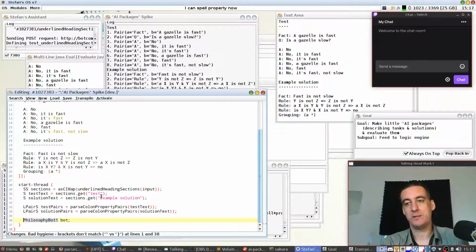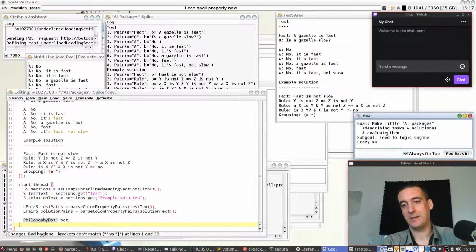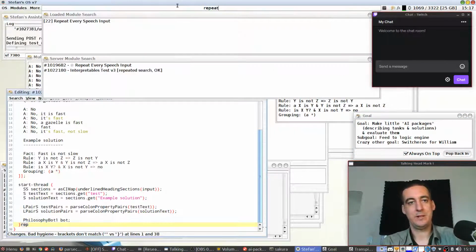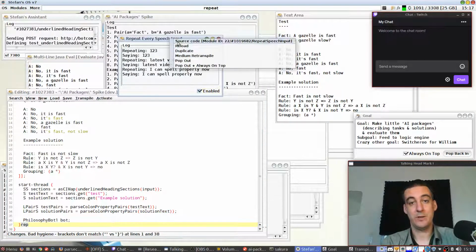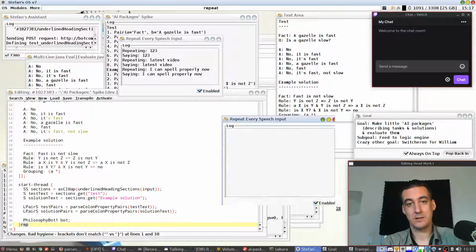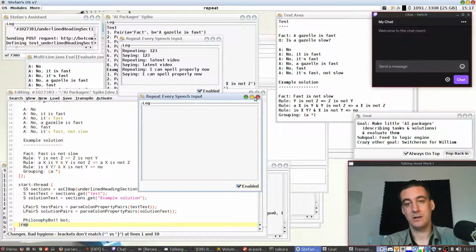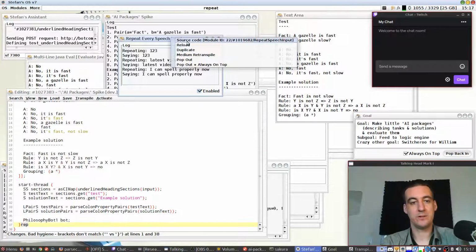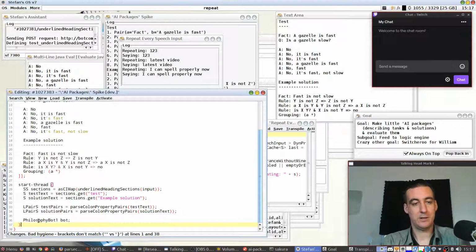It should repeat things with reversing the I and U. Let's do that. I want that. Repeat every speech input, but we are changing it. Oh, actually not this duplicate. First the source code, and then